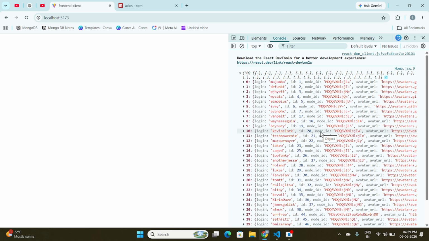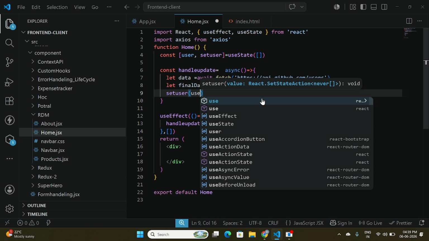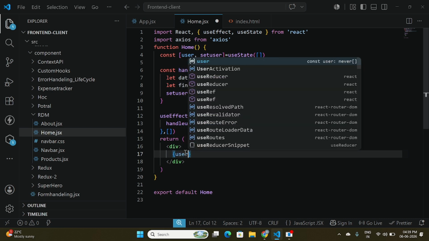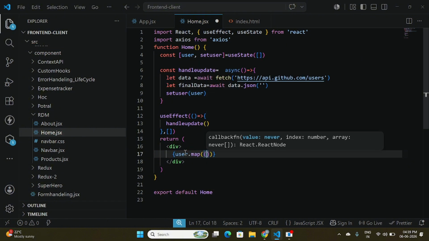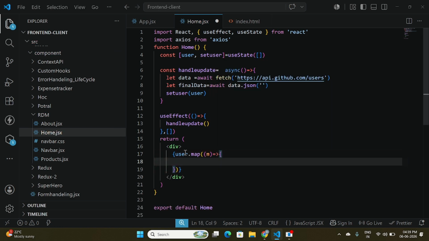So what are the things that we require? We will extract only those particular things. The things have almost been done. Now we need to set the data inside the setter function. So setUser is normal, and then I will map that so that user data can be accessed everywhere. user.map,